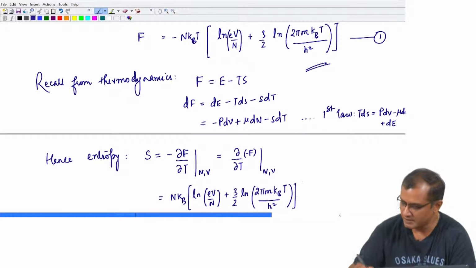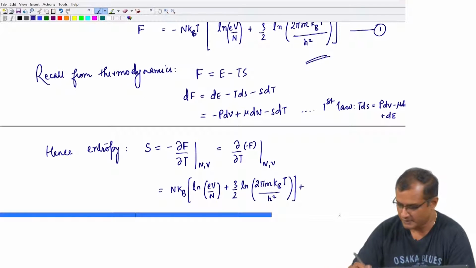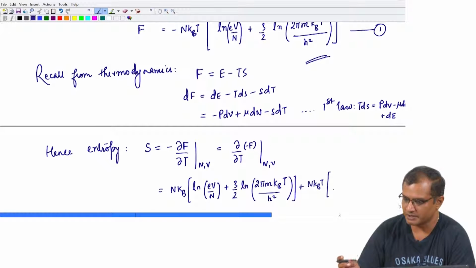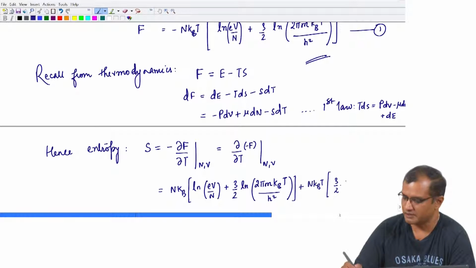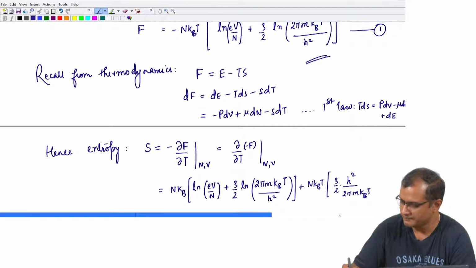Now, you take the first term, which is just N kB T, and take the derivative of the second. Now, ln eV upon N has no temperature in it. So, from the second term you get 3 by 2 as a prefactor, then 1 upon the argument of the log, which is h square by 2 pi m kB T,